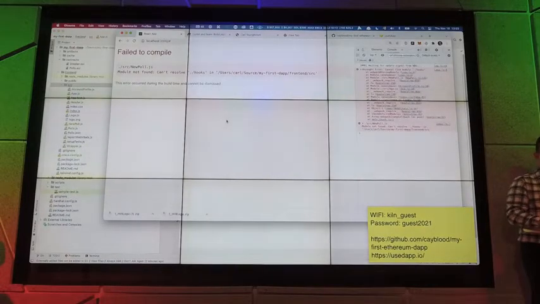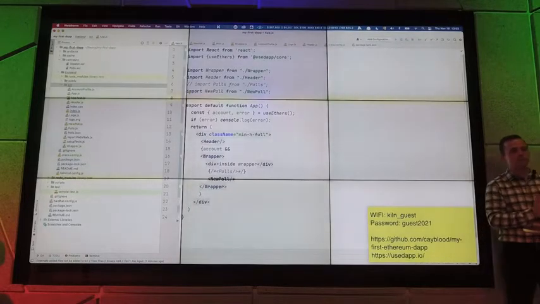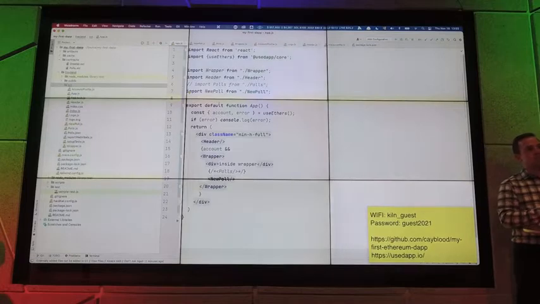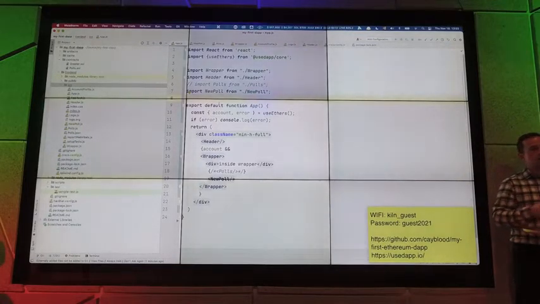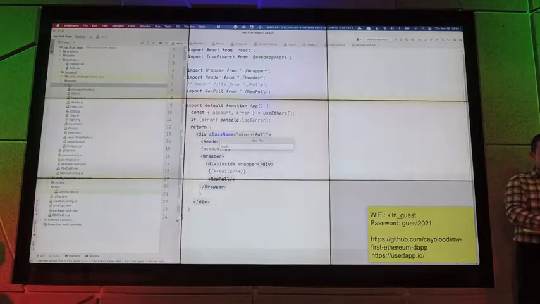Now, new poll refers to some hooks that we're going to create that are going to really have most of the logic for how to create a brand new poll and add some options to it. So let's get started doing that now. So I'm going to create a folder in here for my hooks,